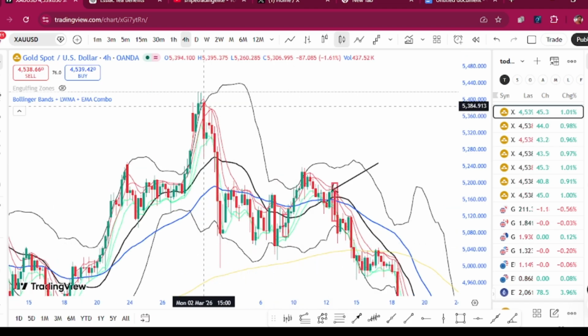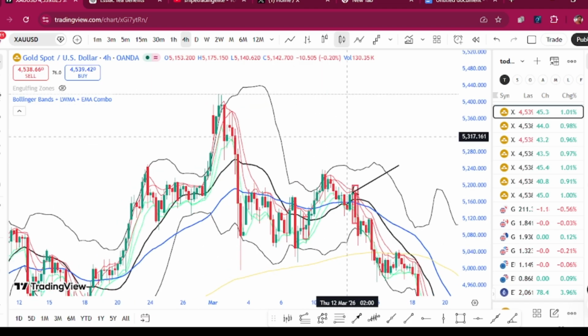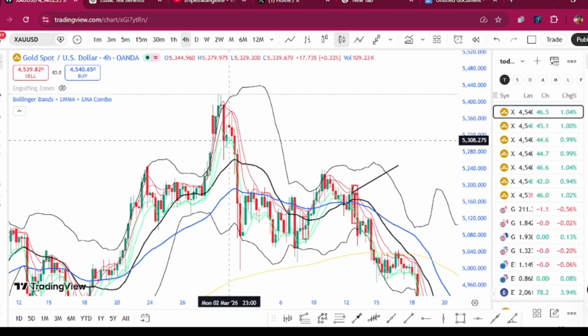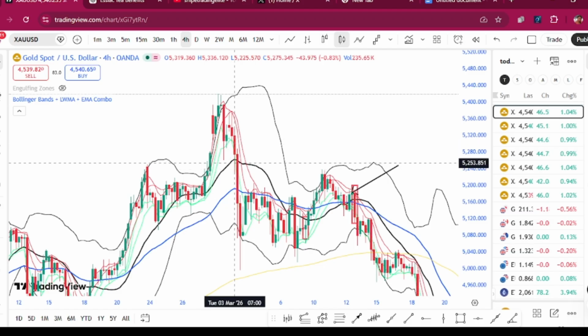Now this is 4 hours still on gold. This is what happened. Price came to the top here. This is the top BB, got a rejection, rejected and came back, closed back inside. What happened next? It rejected again, broke around the high top BB, moving average 5 and 10 high, rejected there, came down, broke here as well, moving average 5 and 10 low, broke the